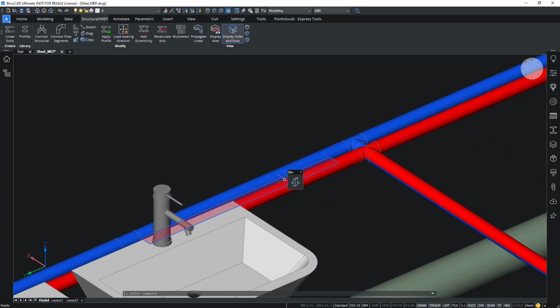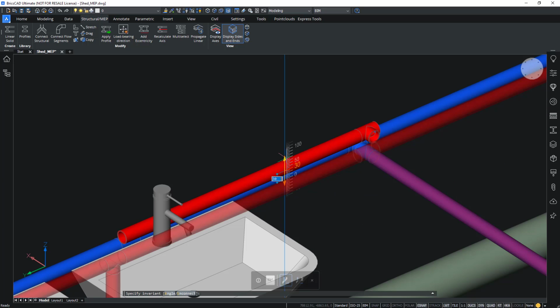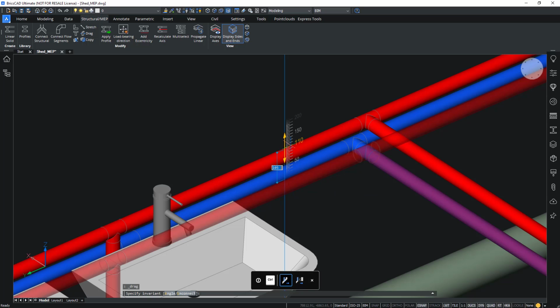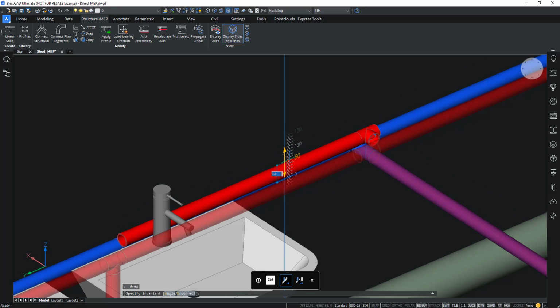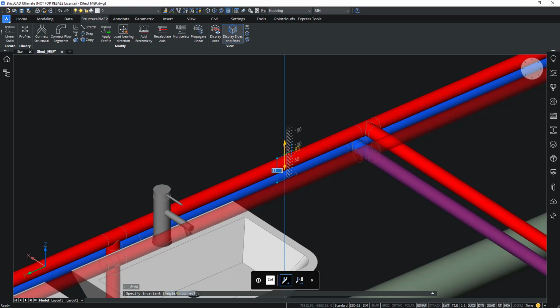So I can highlight this top face and use the drag tool to achieve the same result. So it's just a special selection mode to help you highlight or select side or top faces of linear solids.